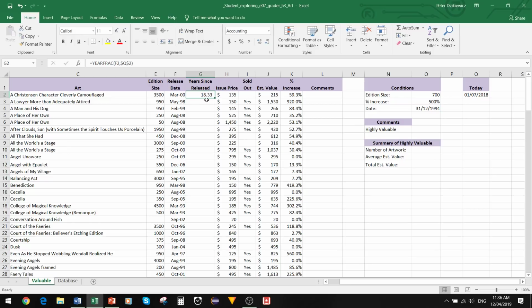Now it changes to 18.3, which makes sense because this was released in March 2000, and it shows that today's date is 2018, so that means over 18 years have elapsed between the two. Now we just have to decrease the number of decimal places. So we're gonna hit this and copy it down, and that's it. Once you have all this,